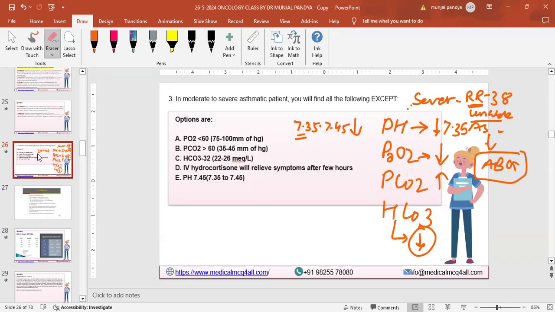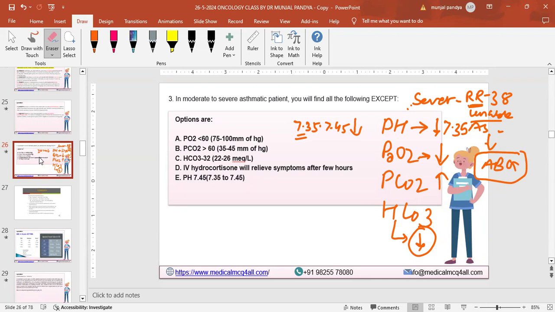Respiratory rate of 30 is absolutely right. So what happens when there is hyperventilation? Carbon dioxide washout will occur. What happens when there is a patient with lots of tachypnea? Carbon dioxide washout occurs. So PCO2 will be low, not high. Carbon dioxide will wash out, isn't it? Right, PCO2 should be low.